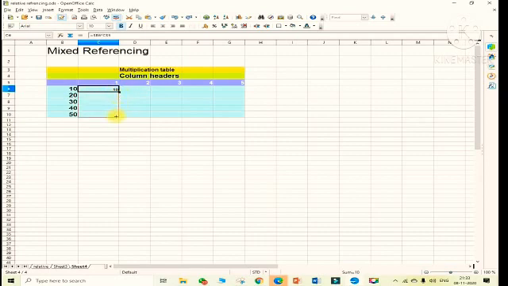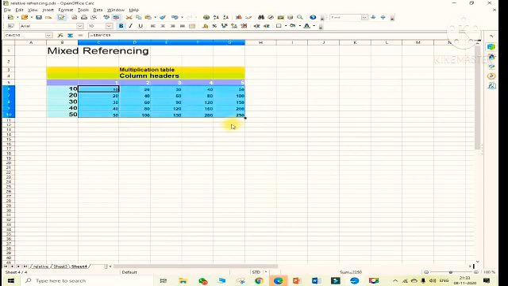When I drag towards the row and towards the column, I get the result. So 10 ones are 10, 30 into 3 is 90, 20 into 2 is 40. Can you identify the multiplication table I have used here? So this is the use of mixed referencing.